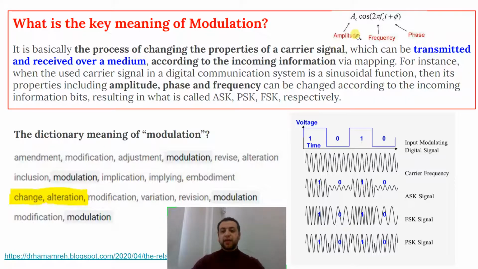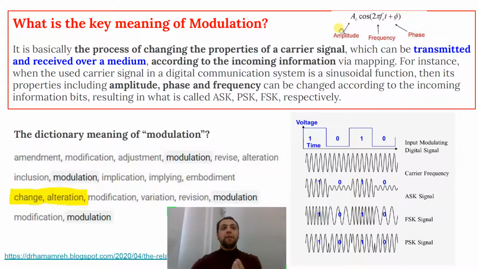Let's dig deeper a little bit and give you a brief example that can explain this. What's the carrier signal in our case? Let's assume we have a carrier signal called cosine 2 pi f_c t. It's a sinusoidal signal. This sinusoidal signal, we like it because it's easy to generate, and we can change its frequency easily, and it can propagate according to the frequency that you tune to. So when the carrier signal used in a digital communication system is a sinusoidal function, for example, like the one I'm presenting here,